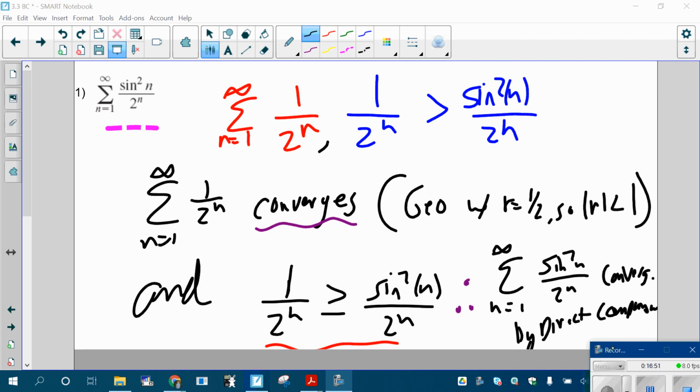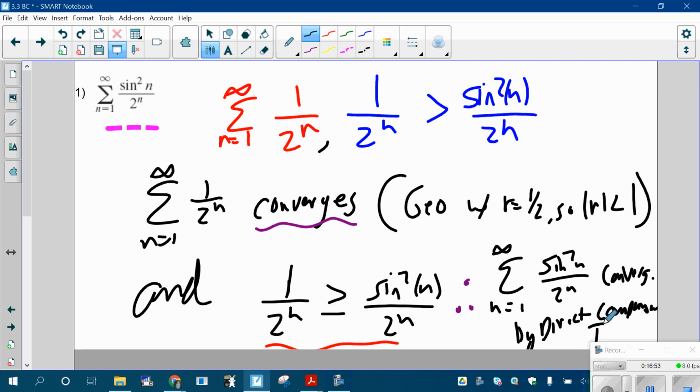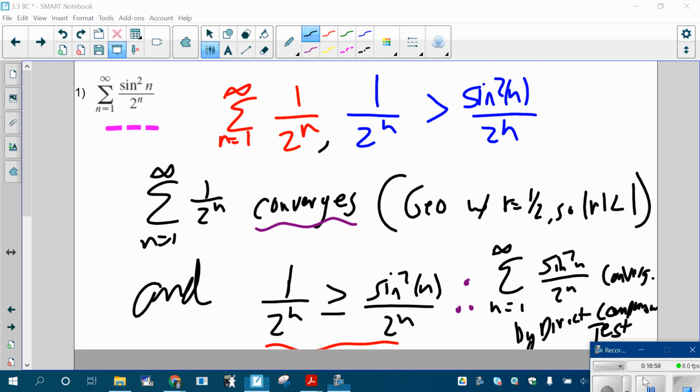Again, you'll see people write like DCT. Just write out direct comparison test. That's the way you should do it on the AP test. Just write it out. It's not that much shorter. Okay. If you're thinking that this just seems more complicated and harder than limit comparison test, there are some times